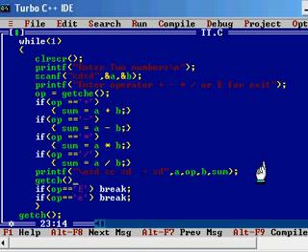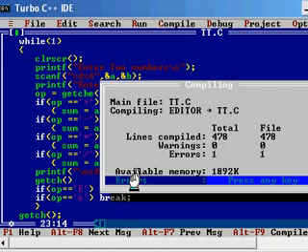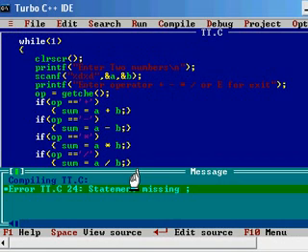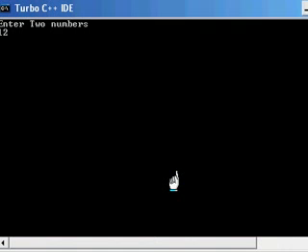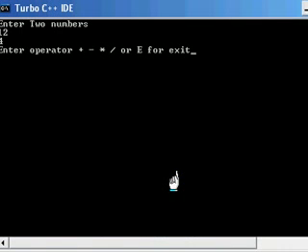Okay, Control F9, again error, missing semicolon. I forgot to put a semicolon after getch. Yeah, Control F9. I am going to enter 12 and 4, and the operation I am going to give is plus. Yeah, 12 plus 4 is 16,